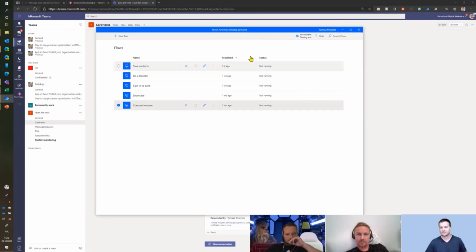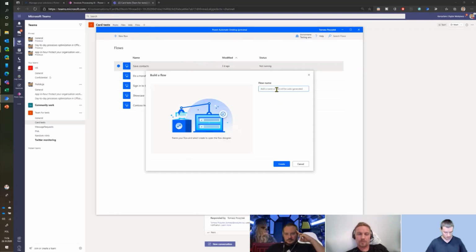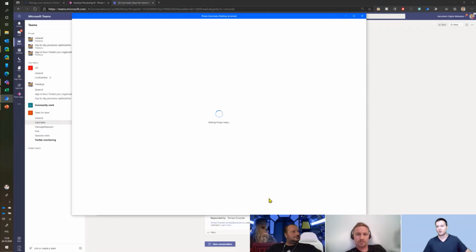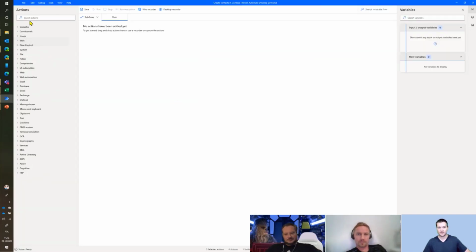So that's the Power Automate Desktop application, and as said, it's quite similar to the re-automation. Now, when we start to create a new one, this interface is also somehow following what re-automation had. So that's the interface. On the left, we have all the actions that we can put in the designing canvas, where the flow is being designed. They are grouped into a lot of different groups, depending on what you want to automate.